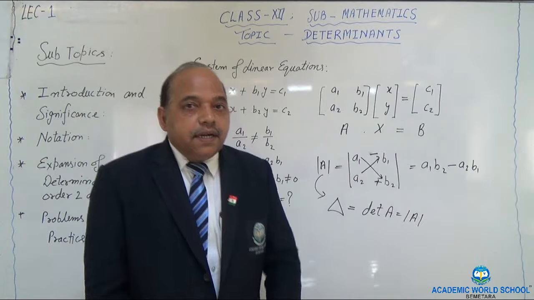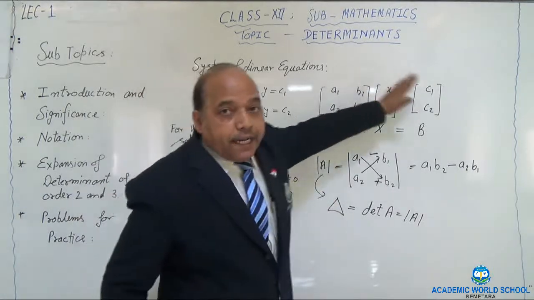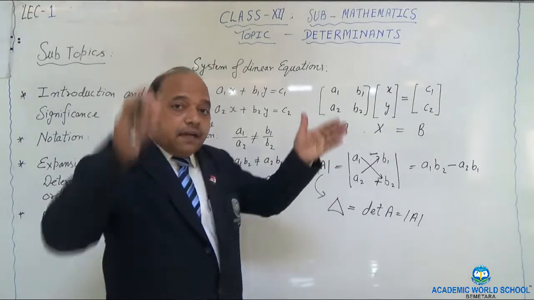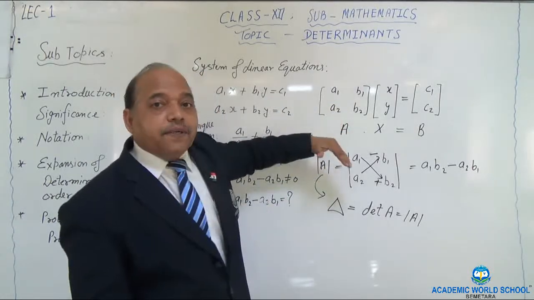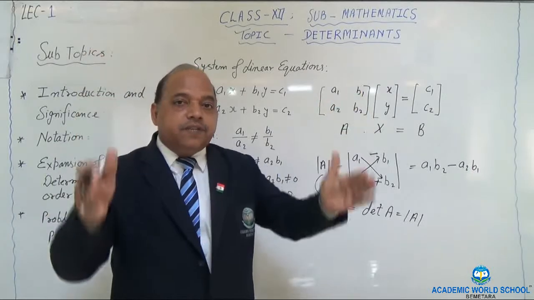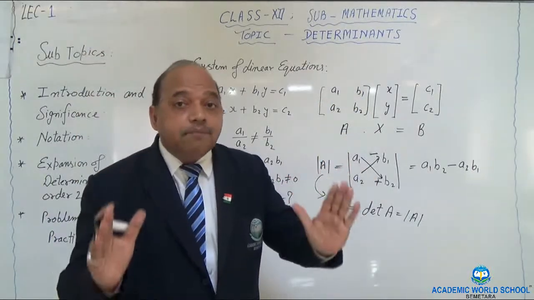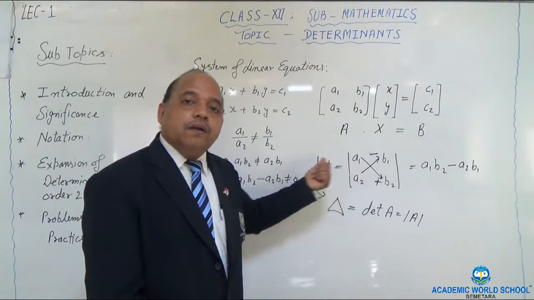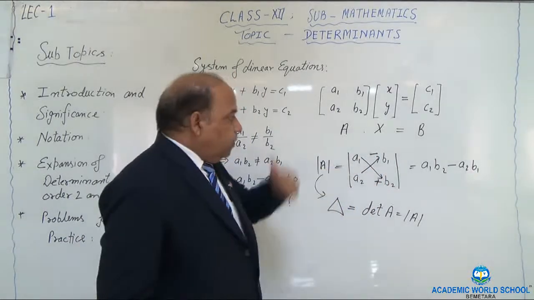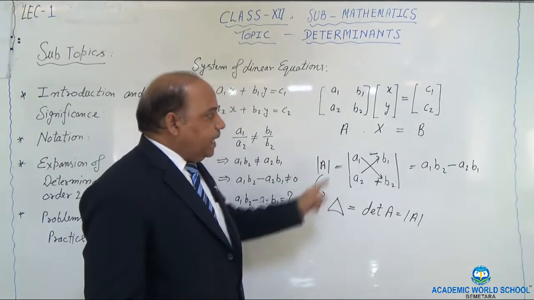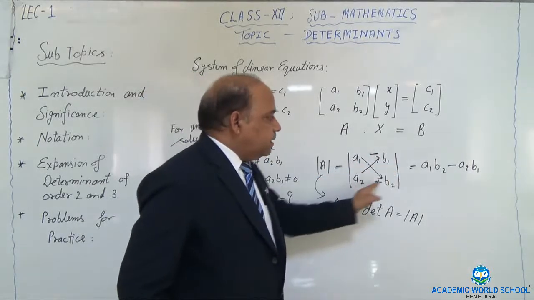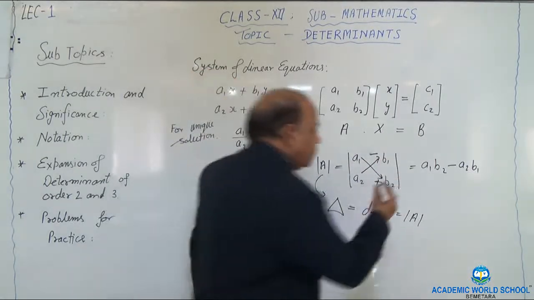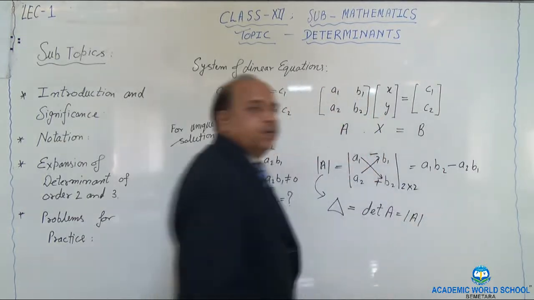What is a determinant? Over here, as per this arrangement, determinant A consists of the corresponding elements of a square matrix when they are arranged between two parallel lines in the same order as given. This new arrangement stands for the determinant. Now look at this. Over here, this is the first row, this is the second row, this is the first column, this is the second column. So its order is 2, so 2 by 2, you can say.